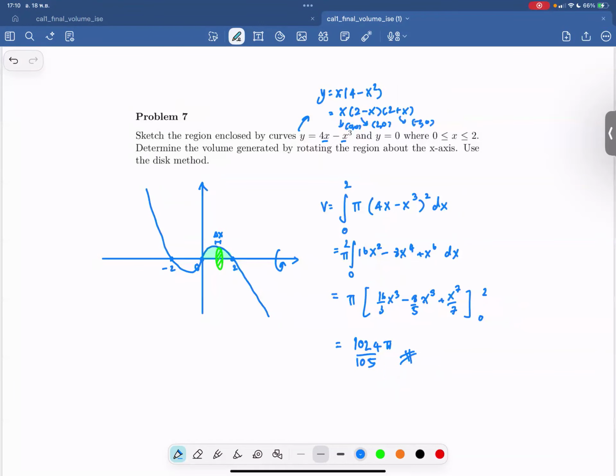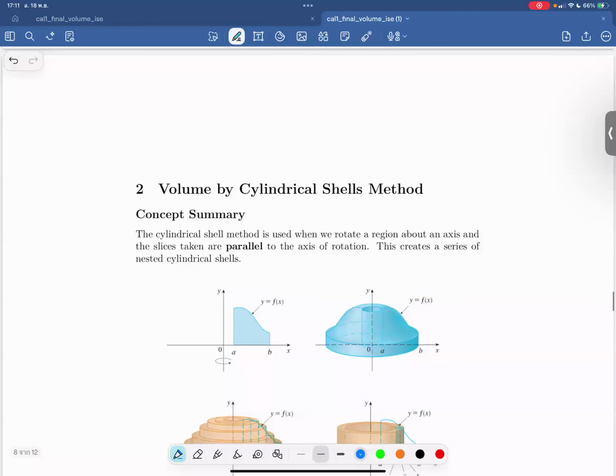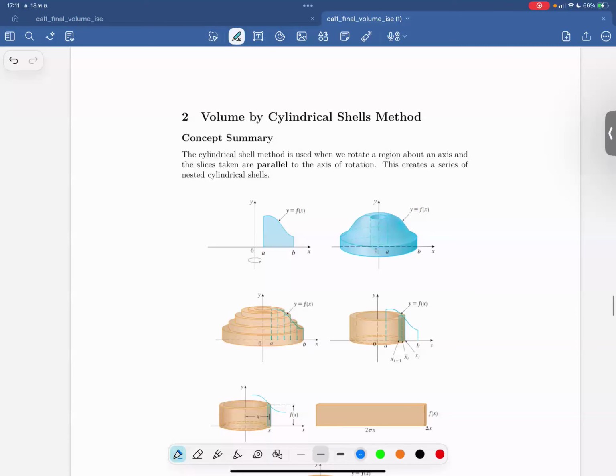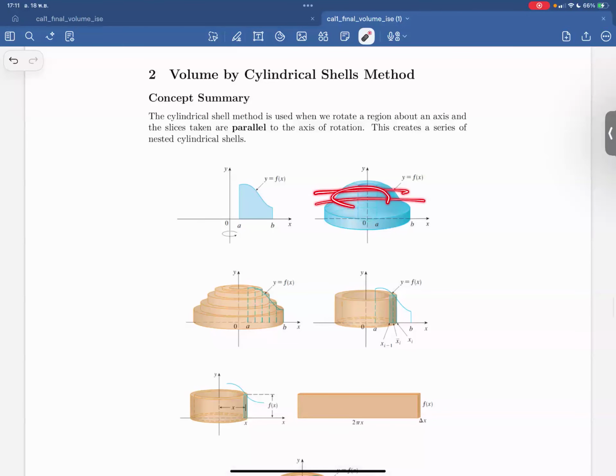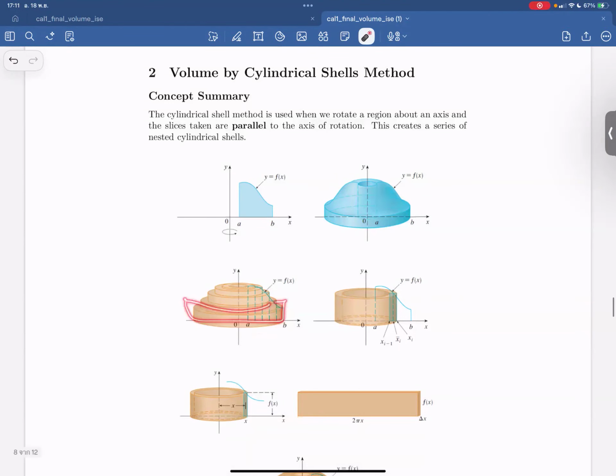Okay, so the next section is the volume by cylindrical shell method. The concept of this method is that instead of cutting it as a disk or as a ring, you try to peel the shell off. Like you have the shell like this, layer by layer, and when you peel it out, you get the